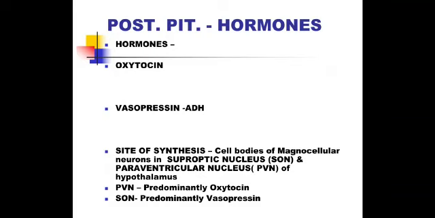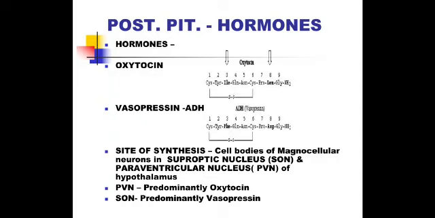Oxytocin is a very important hormone. The two main neuropeptides are oxytocin and vasopressin, and they are synthesized in the cell bodies of magnocellular neurons in the supraoptic and paraventricular nucleus of the hypothalamus. Oxytocin is predominantly synthesized in the paraventricular nucleus, whereas ADH, also called vasopressin, is synthesized in the supraoptic nucleus. The main difference between oxytocin and vasopressin is that the third and eighth amino acids